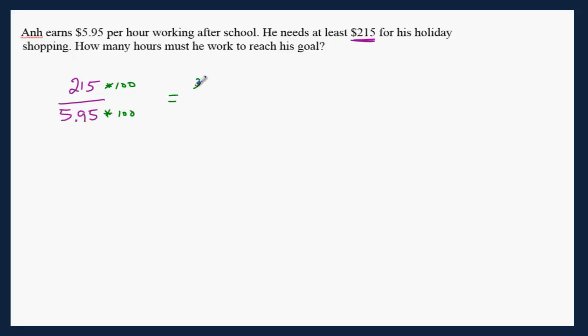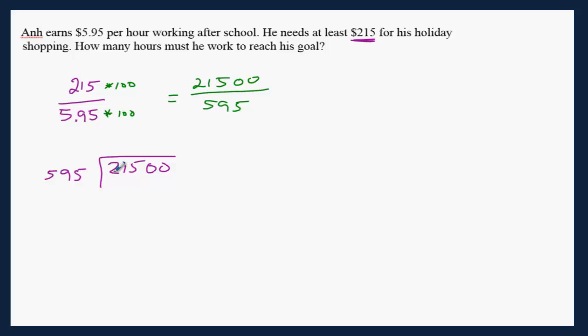to have 21500 divided by 595, and let's divide that. So 21500 divided by 595. Get the right color. Okay, 215 divided by 595, it does not work. 2150 divided by 595. So this one is the